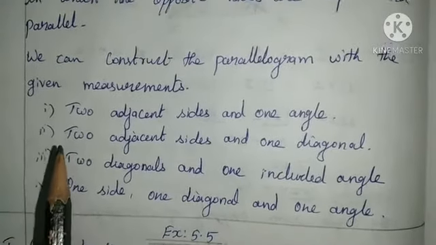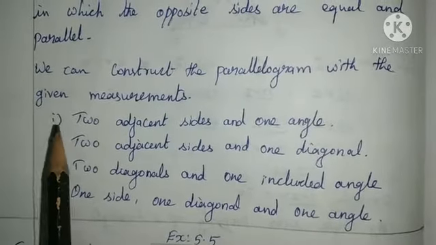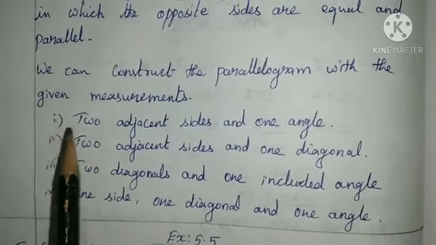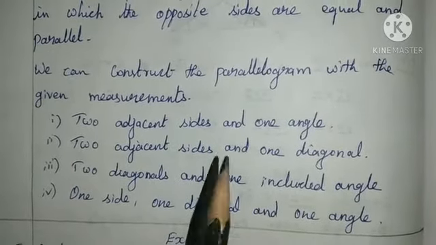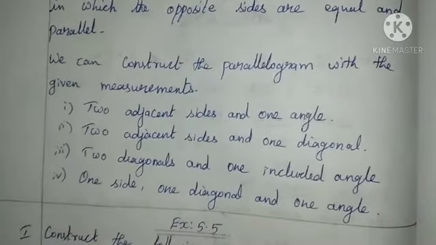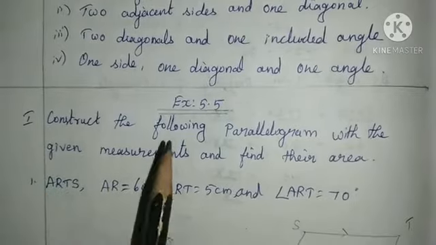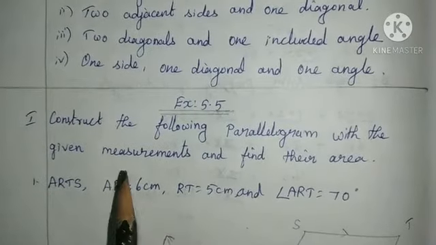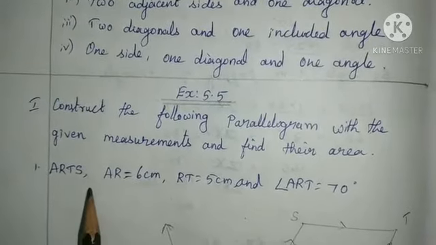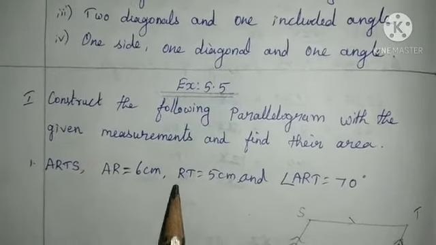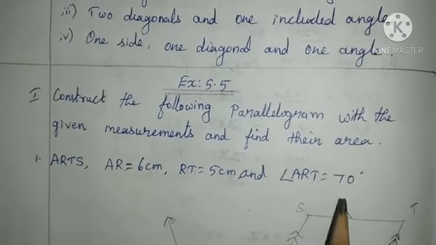Today, we are going to see how to construct a parallelogram by given measurements, that is from 1 and 2: two adjacent sides and one angle, and two adjacent sides and one diagonal, from exercise 5.5. First sum, construct the following parallelogram with the given measurements and find the area. First sum, ARTS, where AR equal to 6 cm, RT equal to 5 cm and angle ART equal to 70